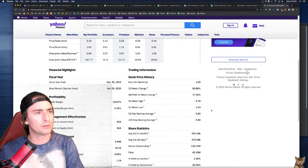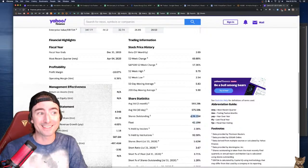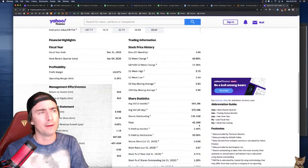And you go down to, what is the float? Float says 42. Shares outstanding 126. Float 42. Might be even thinner than that. I feel like it was real small. So